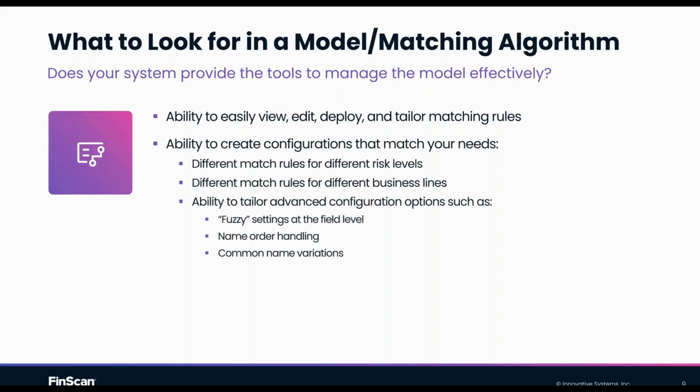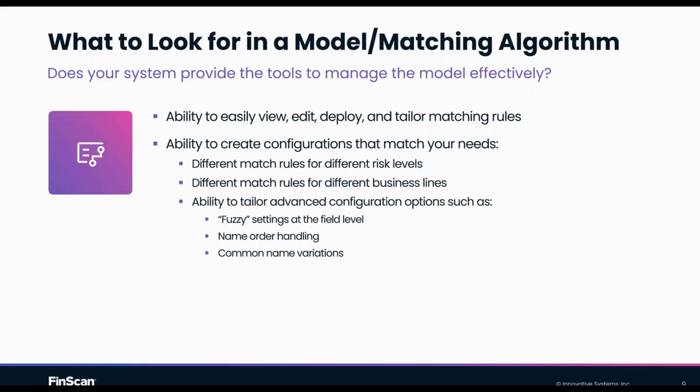But equally, once you are viewing, editing, deploying, and tailoring matching rules, below that, what do you need to tailor within those matching rules? Of course, we've spoken already about different match rules at different risk levels, but maybe that risk level is defined by certain different metrics within your company. Maybe you want to split out the screening process and thus the approach, the rules, and the risk based on things like line of business. Can you segregate data and segregate screening processes so that you can screen different branches, different lines of business, different types of policies, whatever it is that you want to split out, and perform a different screening on? Can you do that easily?